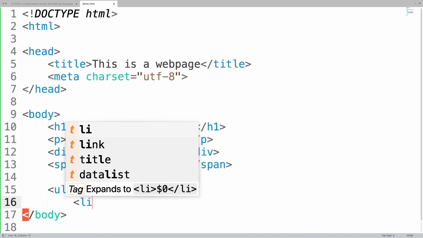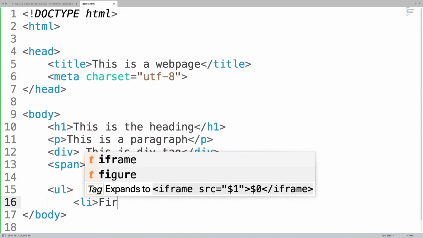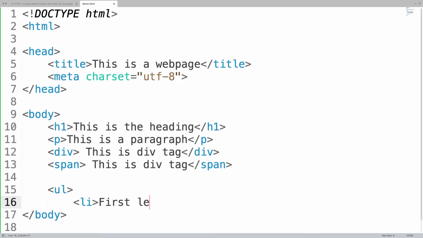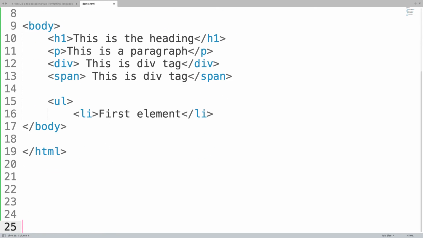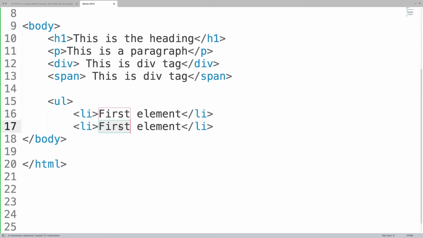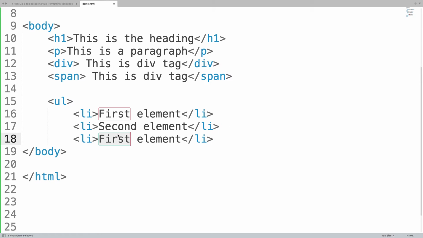I can say this is the first element, and I have to close the tag always. Then I can say second element, and similarly you can add as many as you want. Third element, and I will close it.